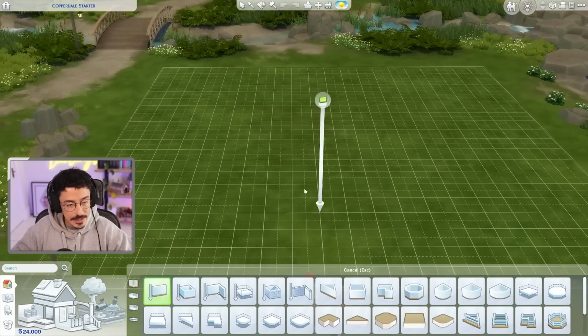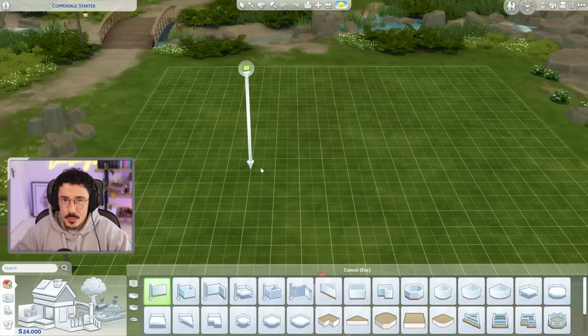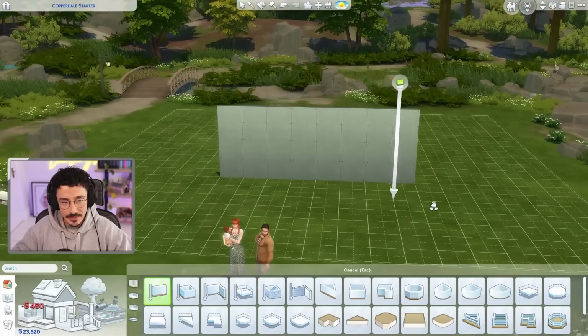Yes, we are indeed. Very simple, but I do want it to reflect a kind of cabin in the woods feeling, but more along the lines of it being a house rather than a cabin. Thank you for coming to...